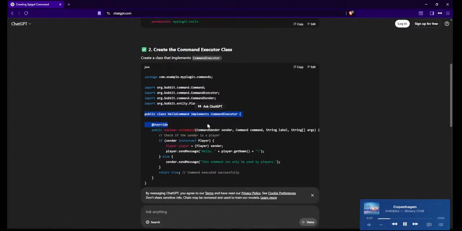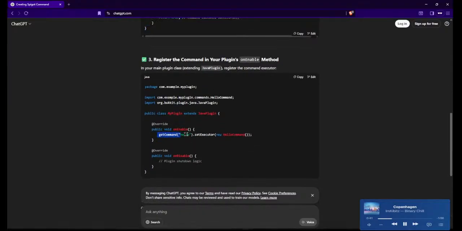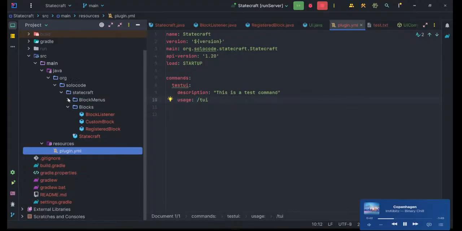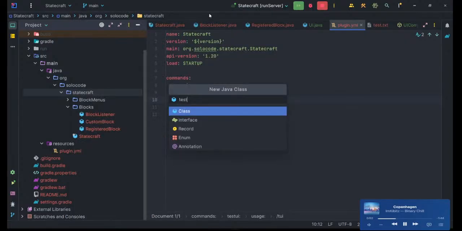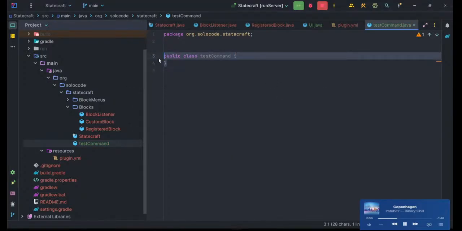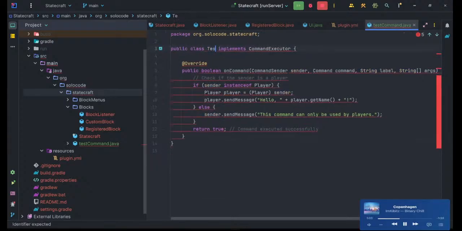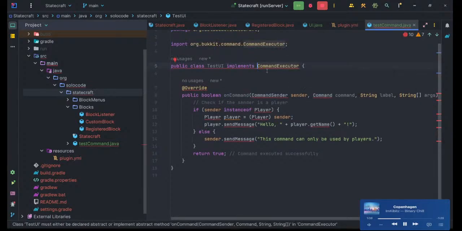So let me just do it like that. A get command, and that's how I do that. Okay, so now I'm going to create a new Java class in Statecraft, TestCommand. There we go. To say test run. Okay,